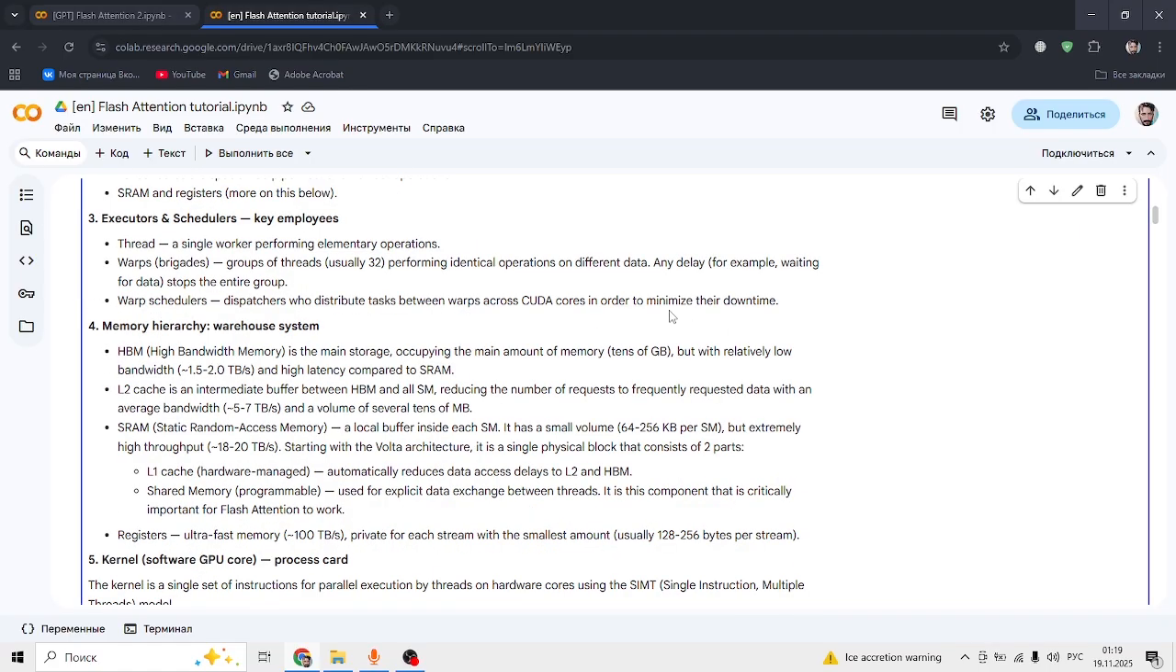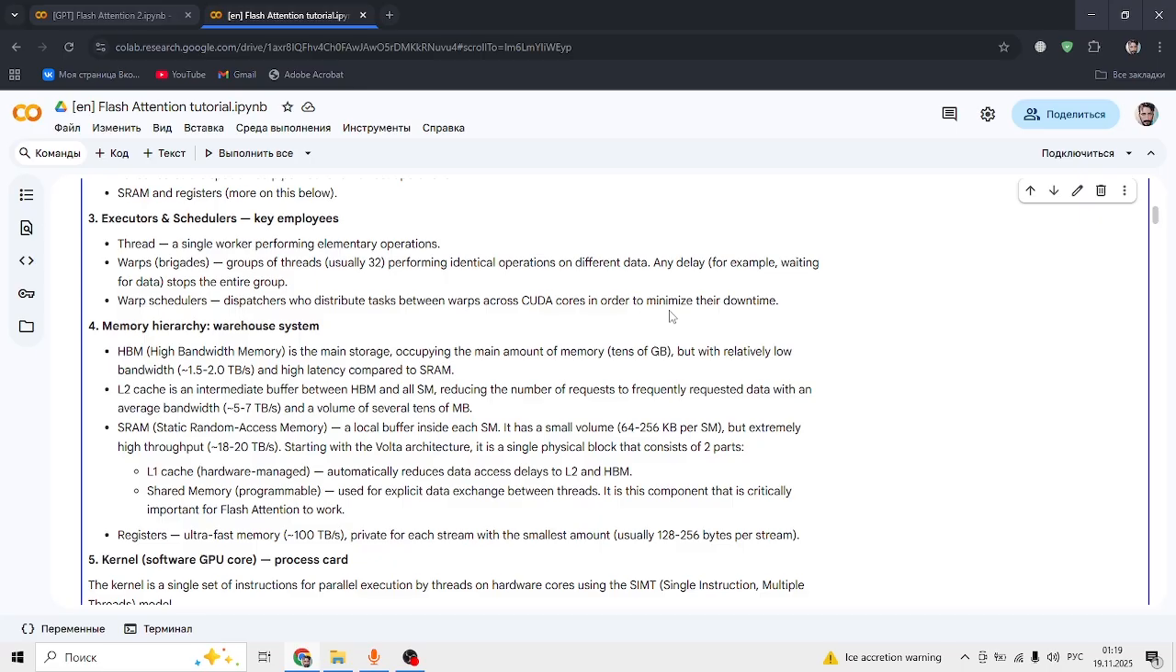The next thing, executors and schedulers. Thread, a single worker performing elementary operations. Warps are brigades or groups of threads, usually 32, that perform identical operations on different data. And the interesting thing is that any delay stops the entire group, for example, waiting for data. So warp schedulers, you can look at these like dispatchers who distribute tasks between warps